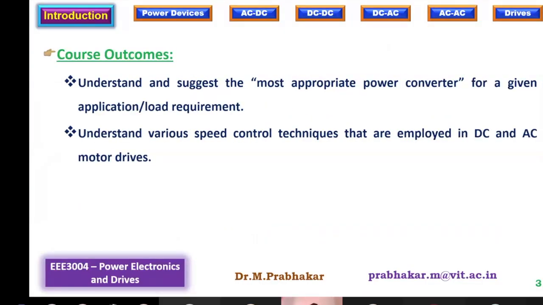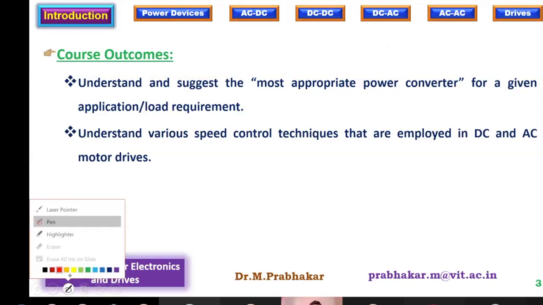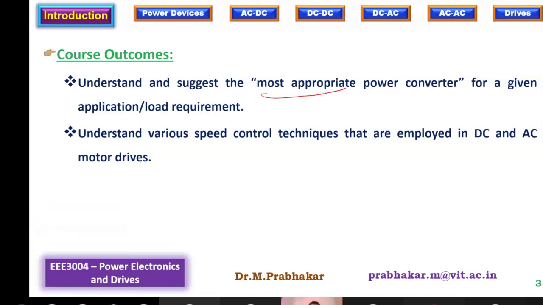So this is where we are going to take up the keyword, most appropriate power converter. What is the significance of this? Why do you call it most appropriate? What are the options that we have come across so far? Firstly, we said that we can put a resistor. What is going to be the problem? Obviously, power dissipation. Voltage is going to be dropped across that resistor, and a lot of power will be wasted in it. It's not going to be efficient.